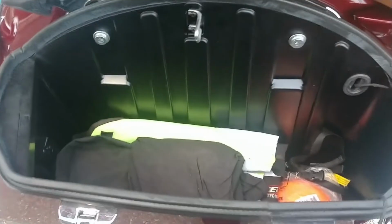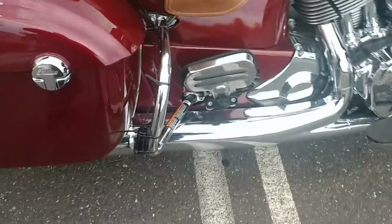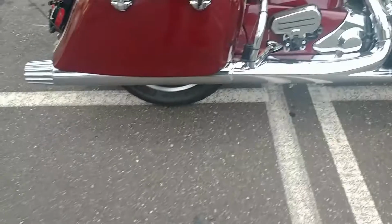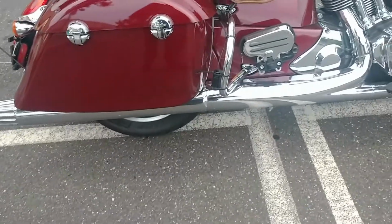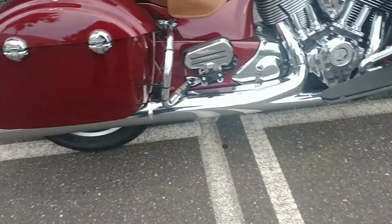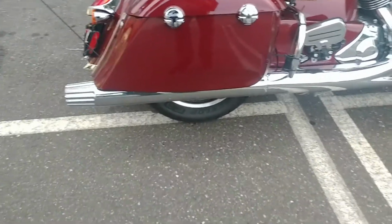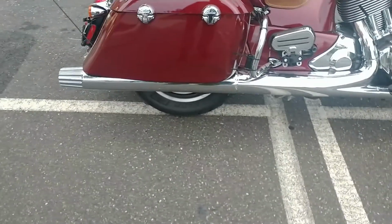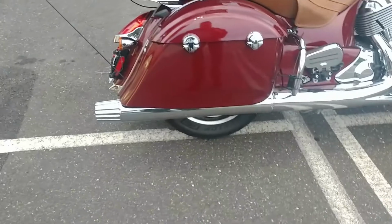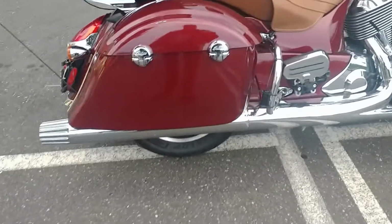Pretty deep saddlebags, pretty good size. The exhaust was easy. These are slip-ons, so you can see the brake right at the bottom of the saddlebag there, where the stock heat shield comes back and the mufflers slip on. It's a simple, quick change. 2 bolts on the slip-ons on the exhaust bracket, and then the clamp where it plugs into the stock header